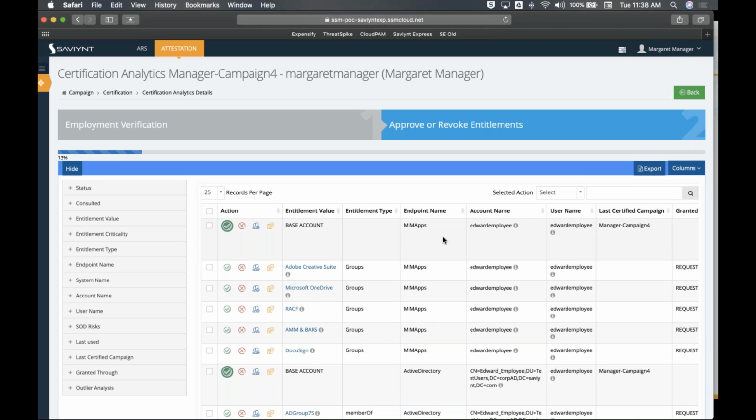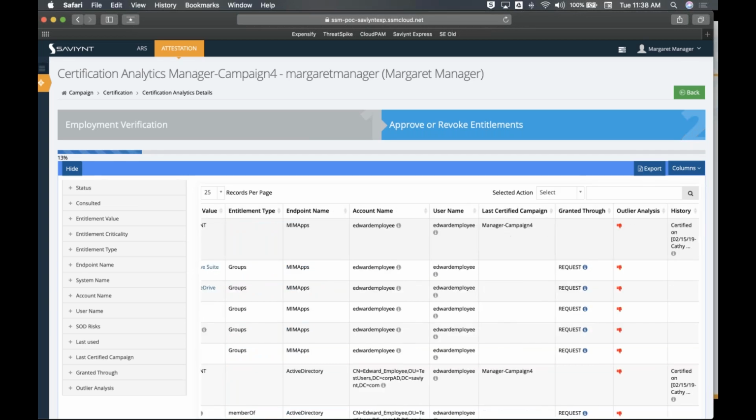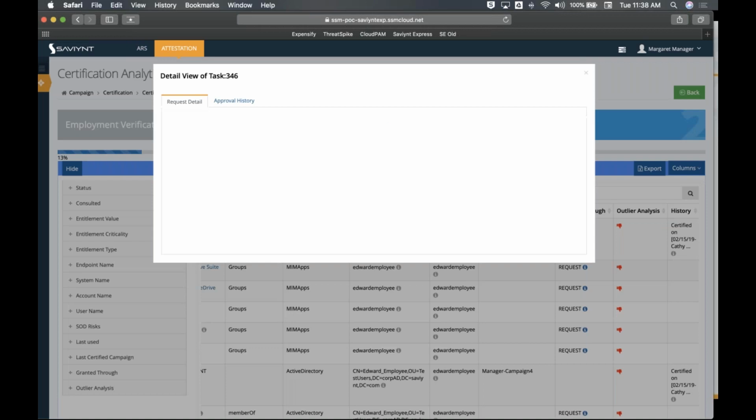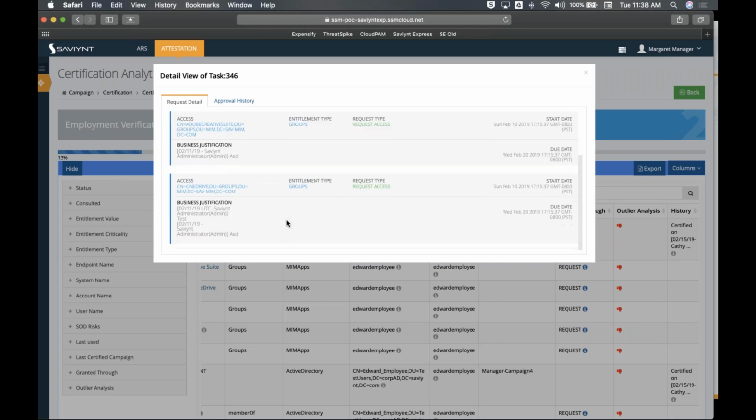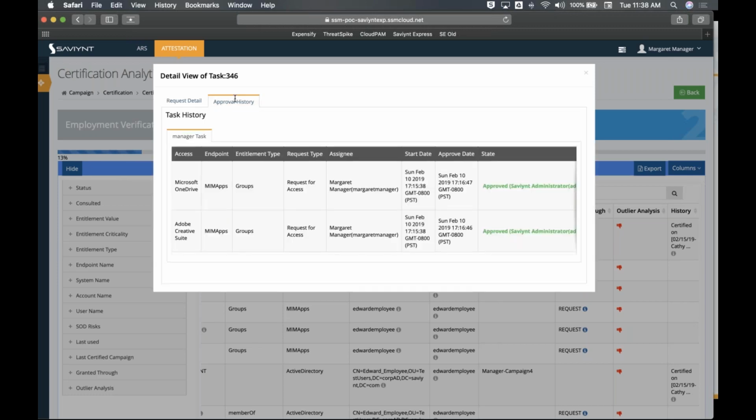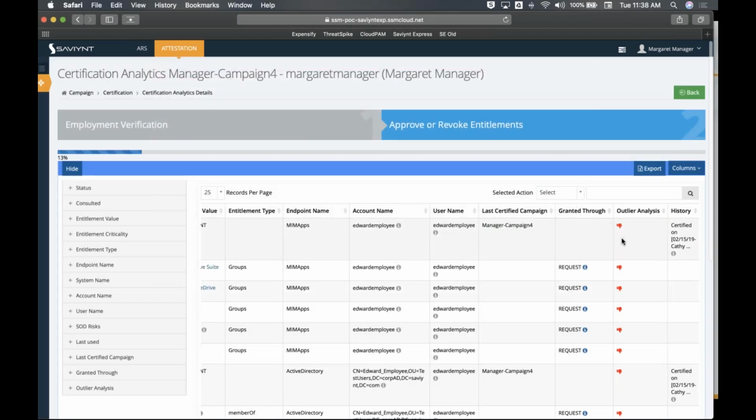or mostly on one screen, then you can see for Edward employee, I'm looking across at his base account, and when was this last certified? I can see when somebody went through and approved this before already. If something was granted through a request, I can literally click and see what were the details of that request where somebody was granted access. So if I'm going to go through and I have to put my signature on this, that this is importantly approved, I can see where it came from, why that's the case, and easily sort and see, is this something